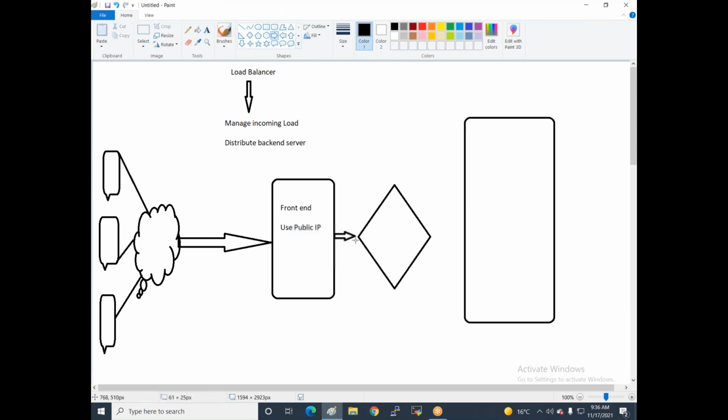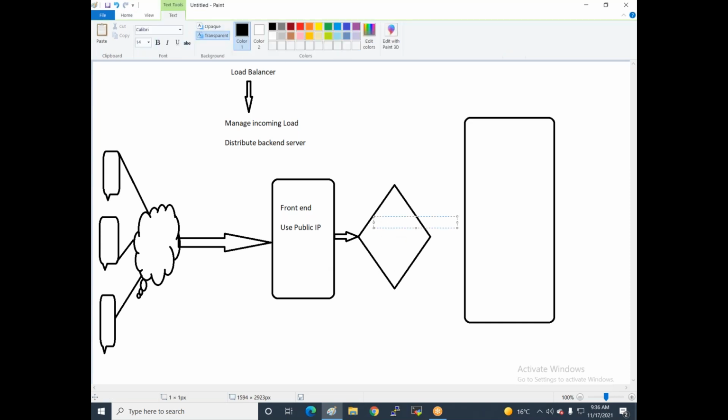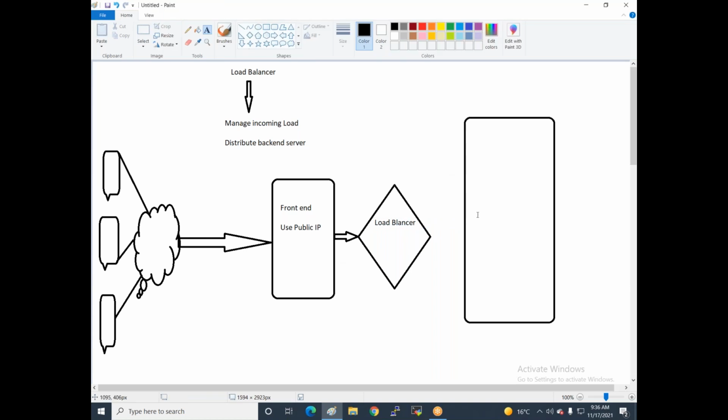The front end uses a public IP. So the request comes to the front end, and the load balancer reads this request and forwards it to the backend.